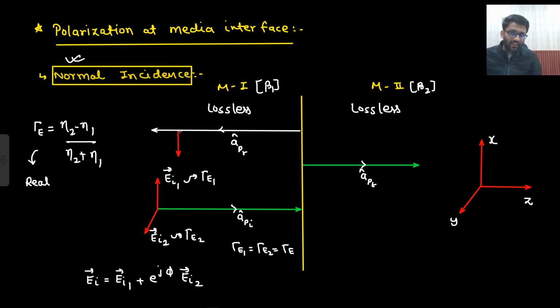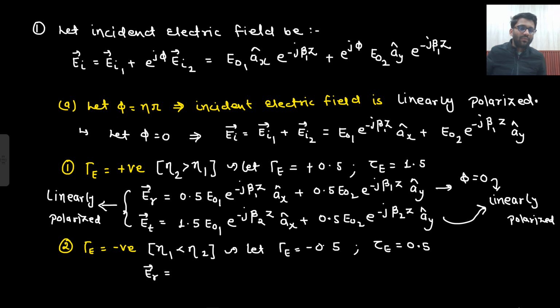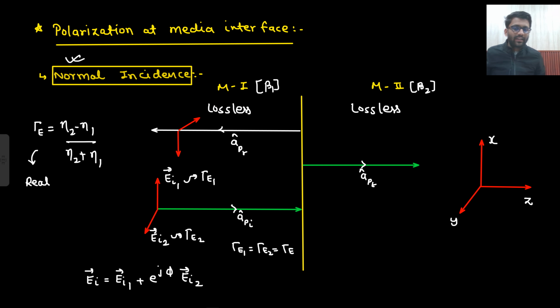This was dancing in plus y, now it will dance in minus y. This is the case for reflection coefficient being negative. If reflection coefficient is negative, then this is the case. If reflection coefficient was positive, then what would be the case? If reflection coefficient was positive, then this would have been the case. But now since it is negative, then the positive one is dancing like this and the negative one will be